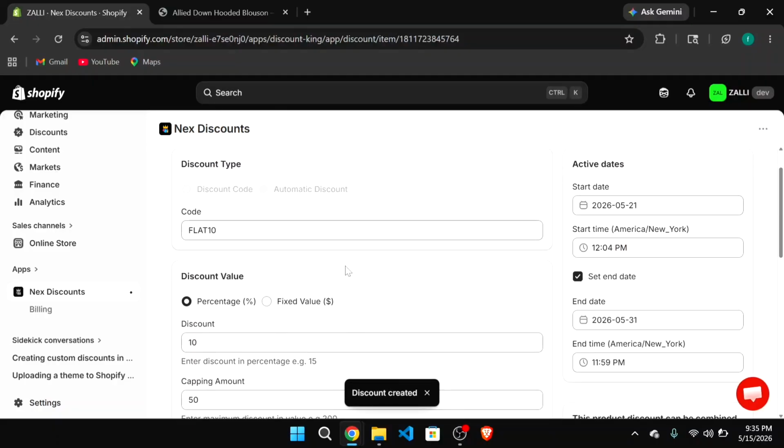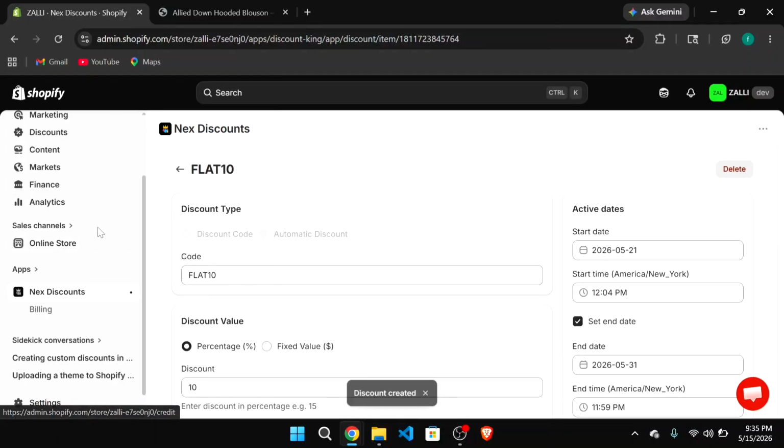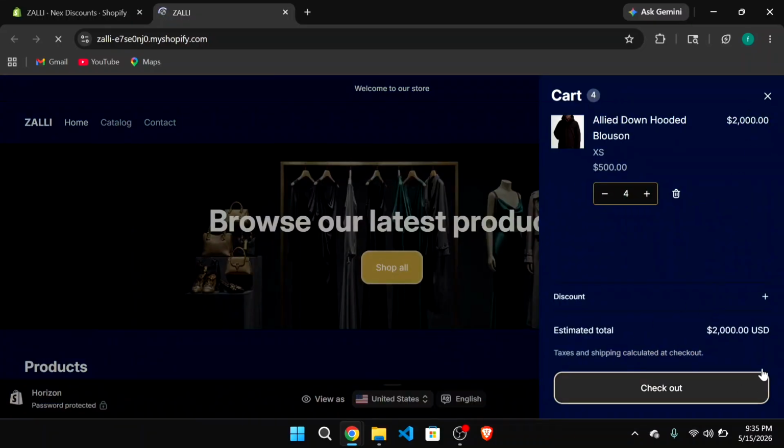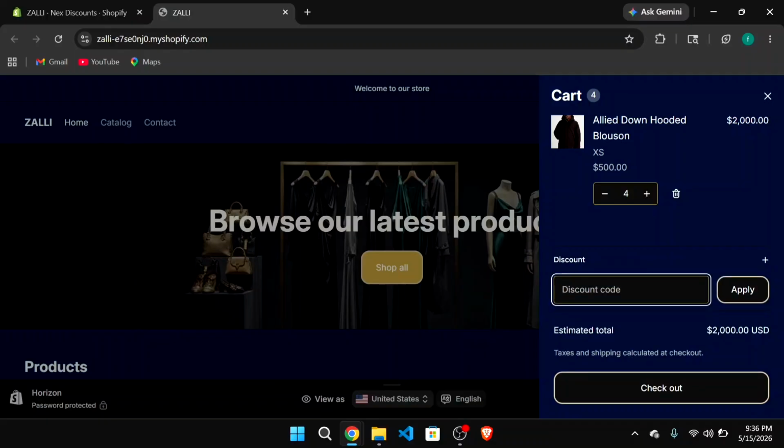Okay, the discount has been created. Now we can go to the store, so that is view store. Okay, then go to the cart. Here the amount is actually 2000. So when we are applying 10%, it will actually save $200. But let's see how it will be. So apply the code, then click on apply,